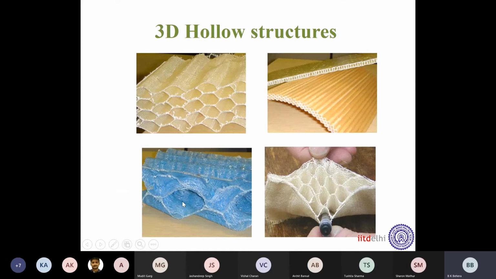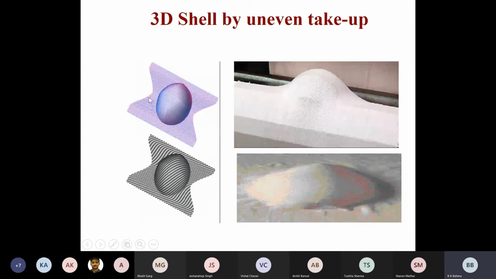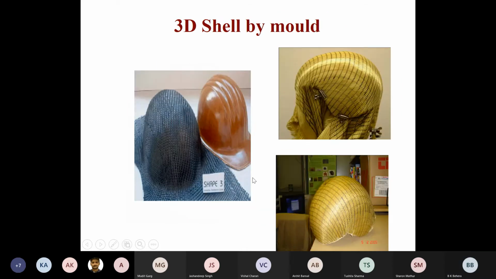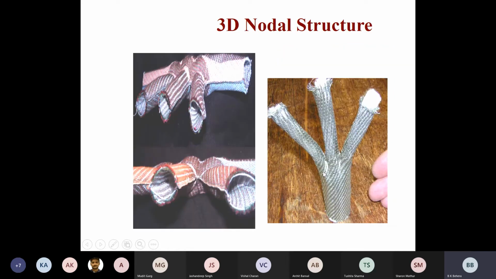These are hollow structures you can see. These are all woven fabric with some hollowness. We'll discuss how they will be produced. These are also 3D fabric. It is called cell structure. It has formed a cell. These are all woven fabric. And you can make out from their shape where they are being used, making helmets or maybe some dome shape structures. These are nodal structures. They are also 3D fabric.